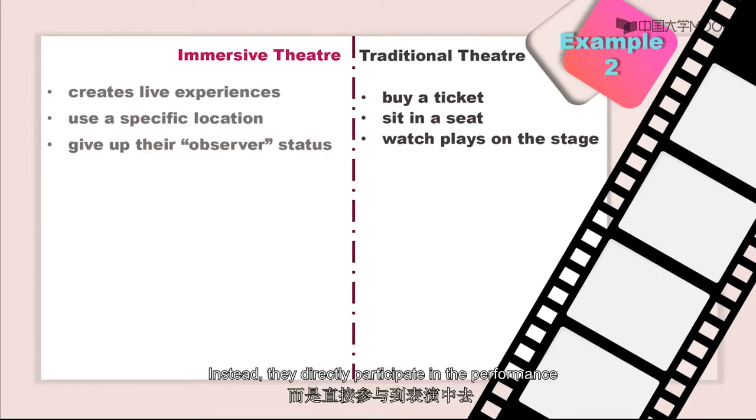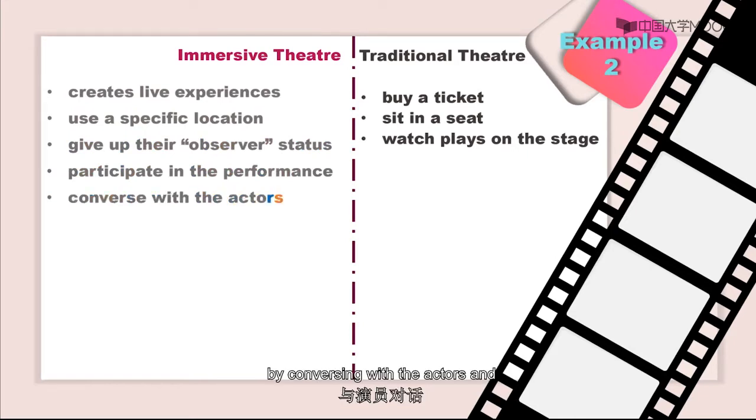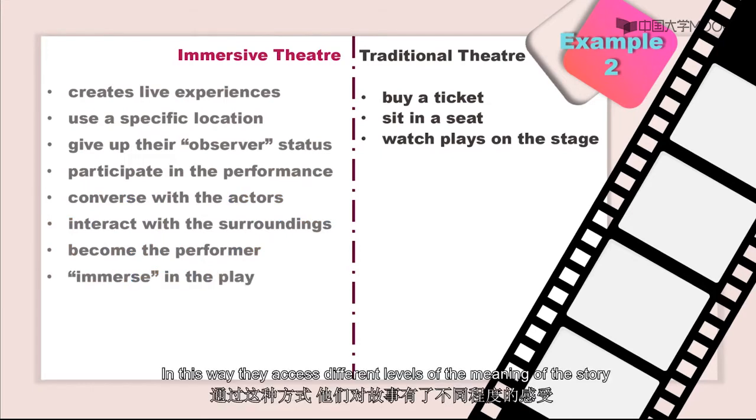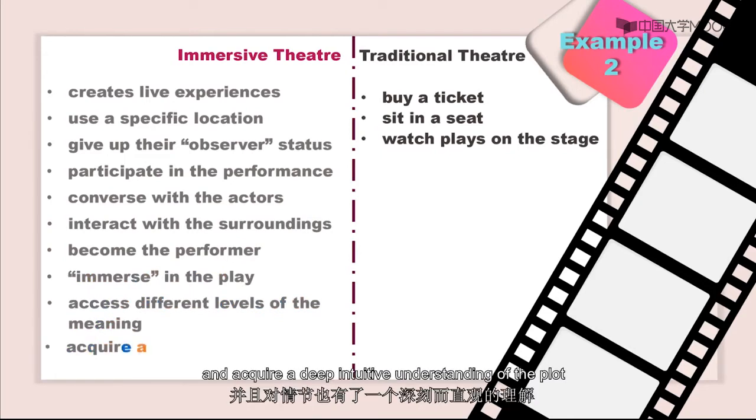Instead, they directly participate in the performance by conversing with the actors and interacting with their surroundings, thereby becoming the performer and immersing themselves in the play. In this way, they access different levels of the meaning of the story and acquire a deep, intuitive understanding of